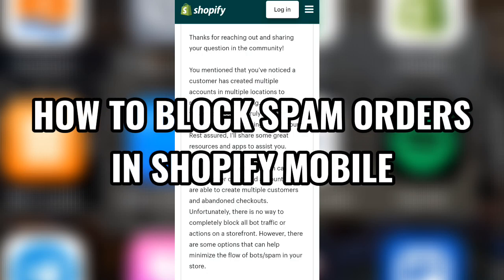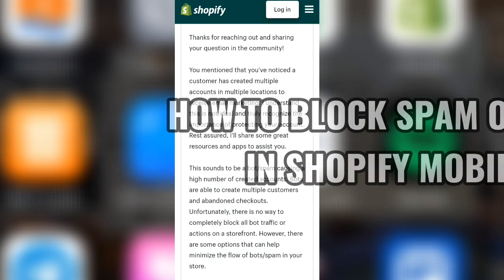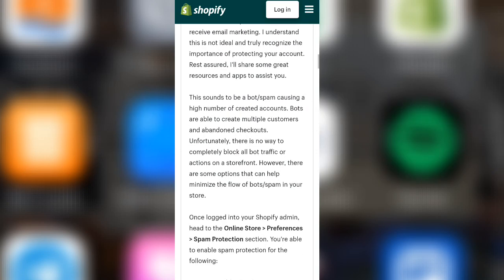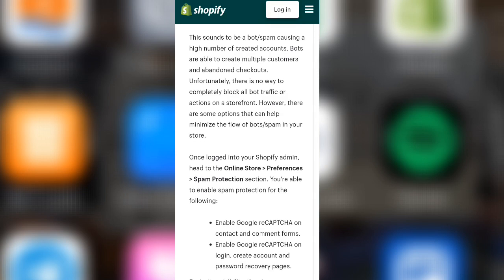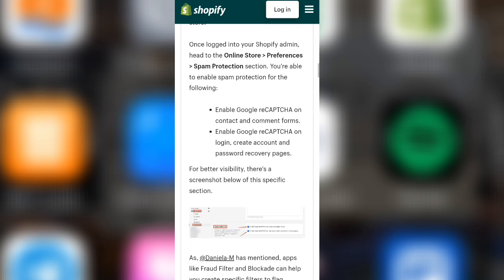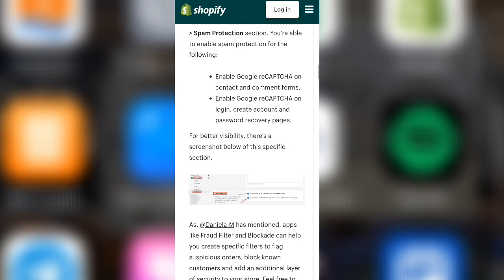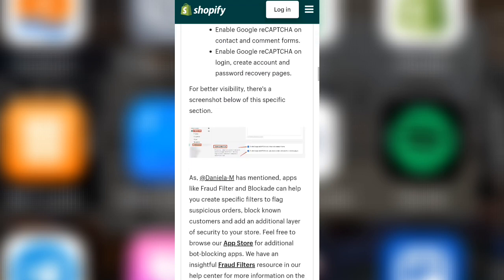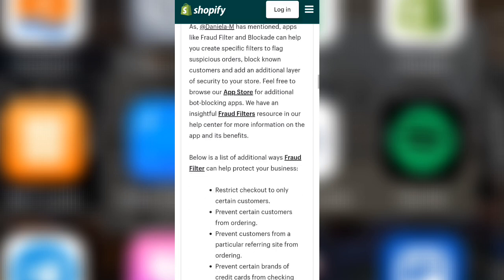How to block spam orders in Shopify mobile. To help block spam orders in the Shopify mobile app, open the app and tap Store. Then go to Settings and select Checkout. Scroll down to manage checkout settings and make sure you've enabled tools like email verification and CAPTCHA to prevent bots